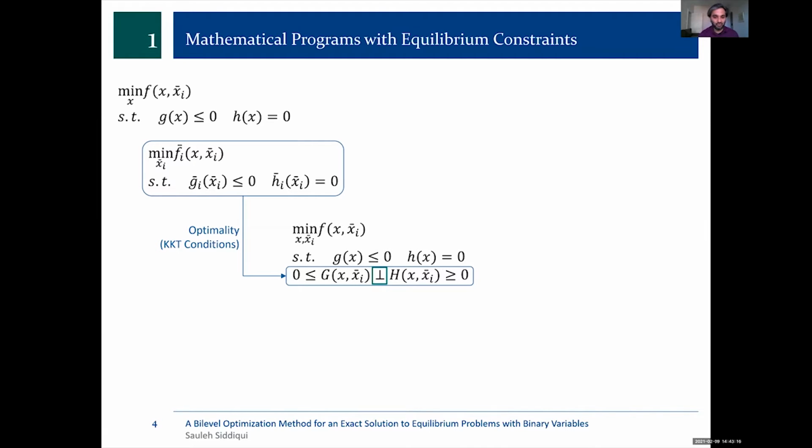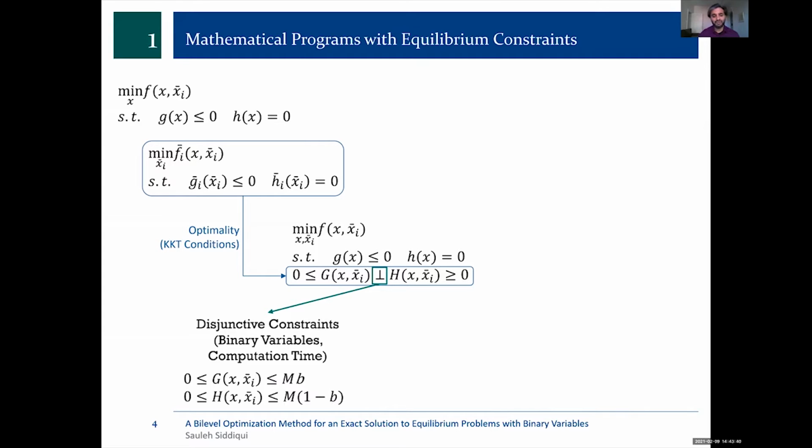Those of you that are well versed with optimization know that every time you're multiplying two constraints together, this can get very, very complicated, both to guarantee optimality and to computationally solve something like this. So there's two tricks people use. One is you can replace this perpendicular operator with disjunctive constraints, which means you add certain binary variables. So for example, in this case, I pick a really big constant M, and I add a vector of binary variables b. And I'm being a little crude with the notation here, but this is just to show the idea